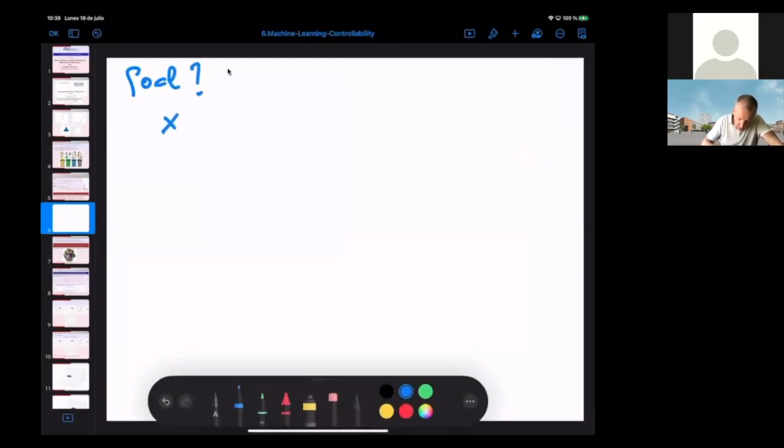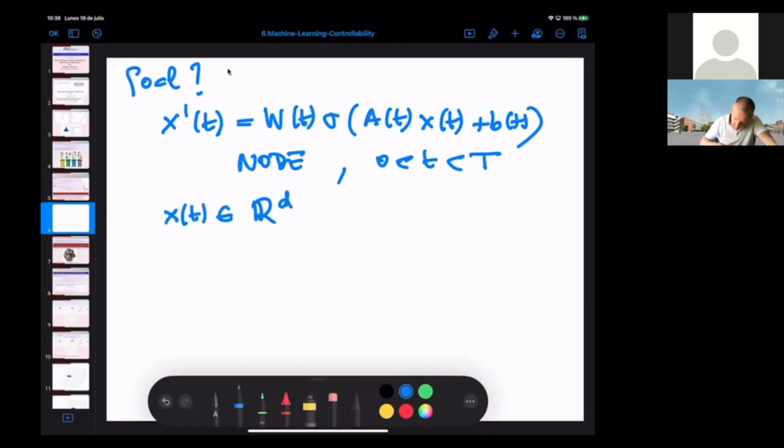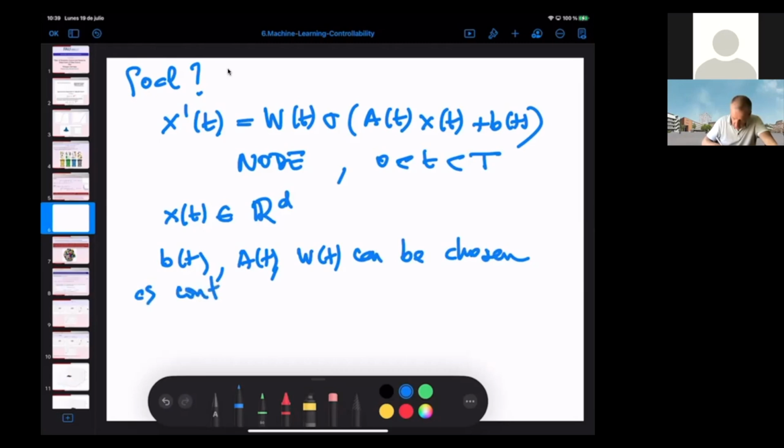What is the goal? The goal is, given a neural ODE in the time interval 0 to T, knowing that x(t), the state, lives in R^d, that b, a, and w can be chosen as controls, right? The goal is that given